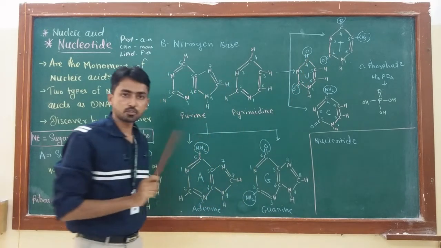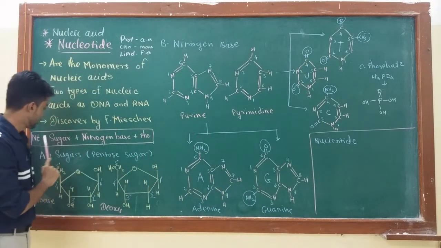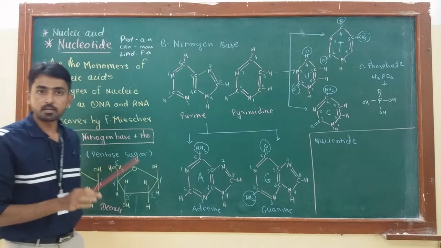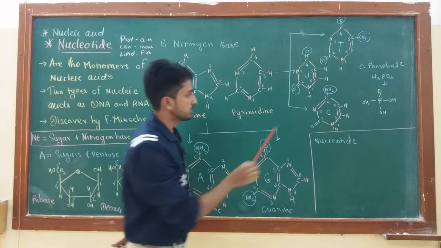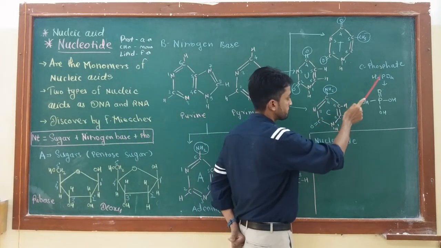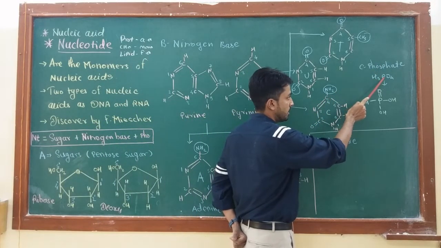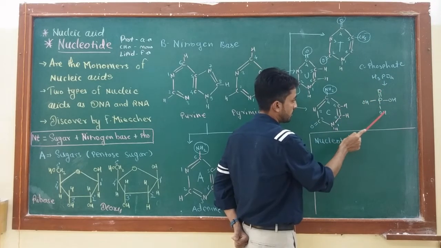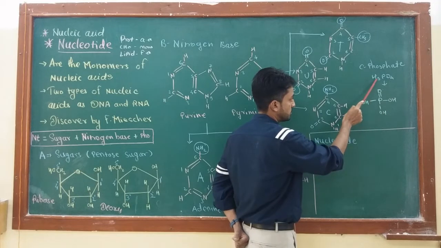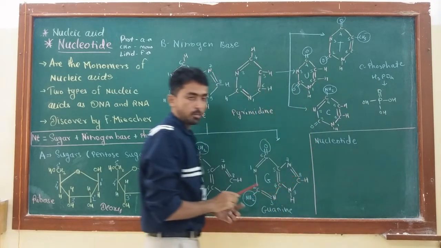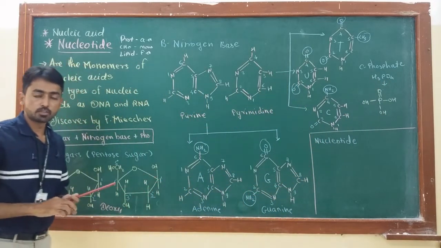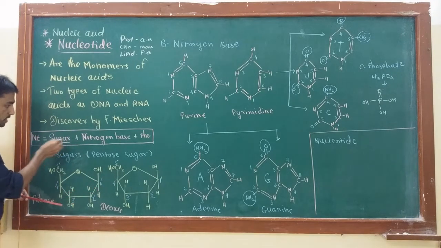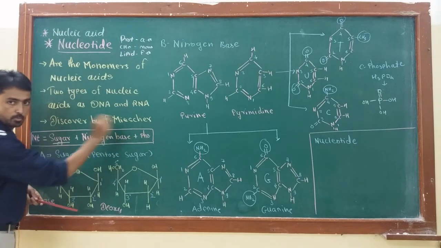Now the third and last part or component of nucleotide is phosphate, which is present in phosphoric acid form. Here you can see the structure of phosphate, which is H3PO4. Here you can see phosphate, 4 oxygen combined with 3 hydrogen, H3PO4. Now I am going to show you how you can draw the structure of single nucleotide. For that you require one sugar, one nitrogen base and one phosphorus.